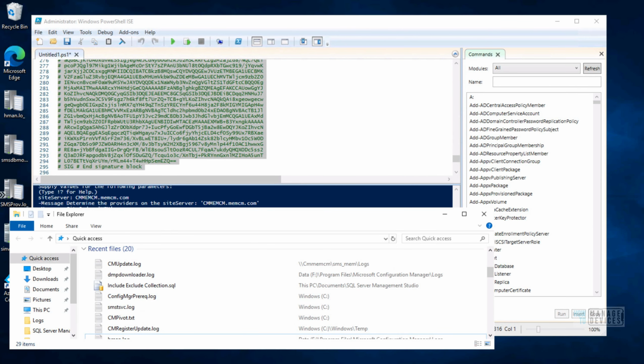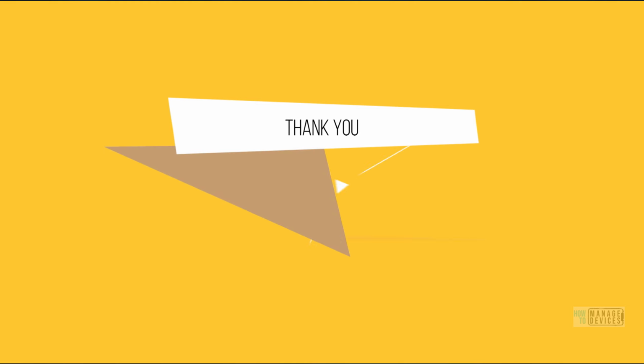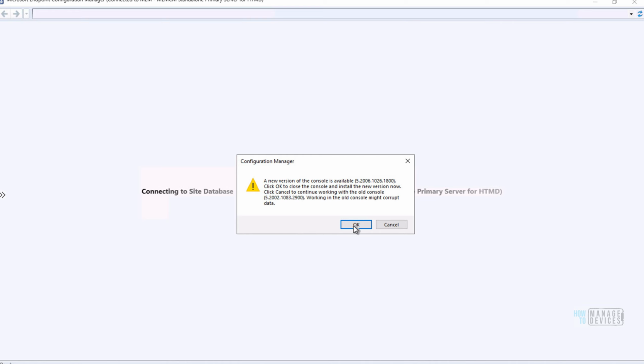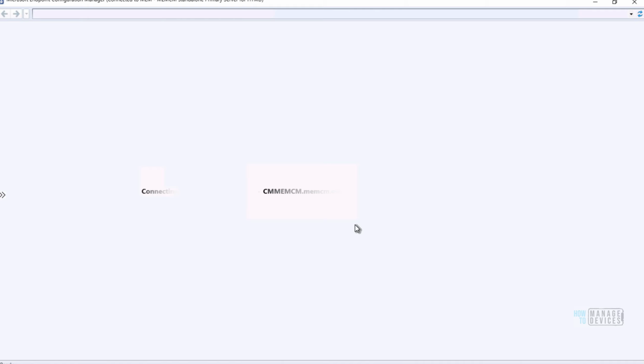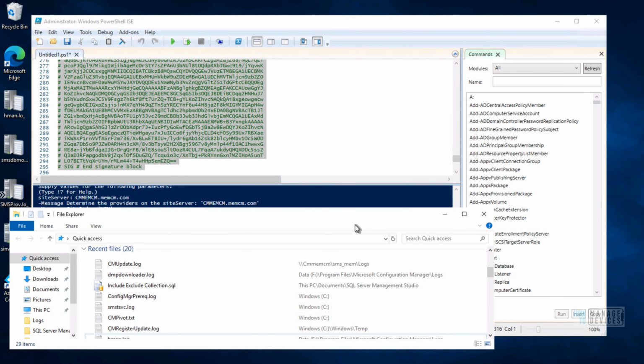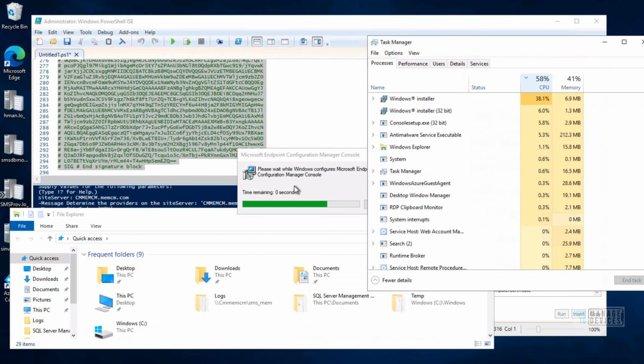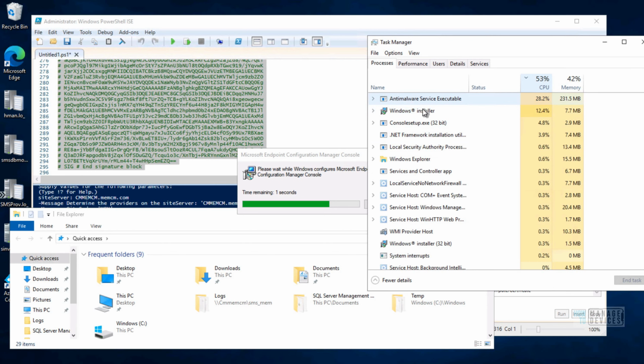Even though the console supports the N-1 version of the primary server, it is always recommended to have the latest version of the console, to have all the features available in all the remote consoles as well. Here the console installation process is going on. After launching the console, it asked to update or upgrade. I clicked yes, and the MSI installation is going on.